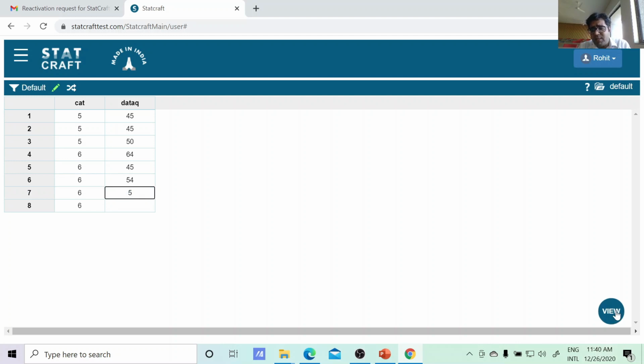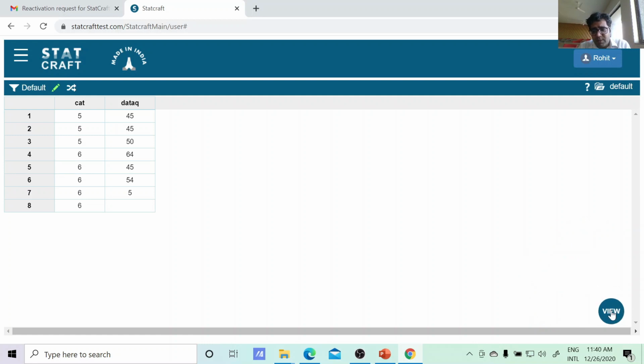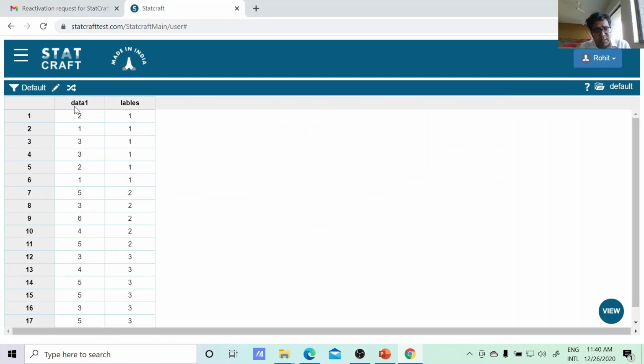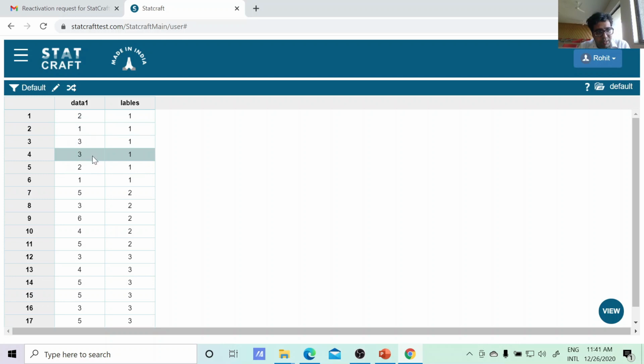So actually I had already worked on the sum which we are going to learn, and I had entered the data. We just need to go to table. It is an index form where every piece of work is seen. See the data I had written, this is our numerical data, and these are the categories, that is group 1, group 2 and group 3. In the sum you can see group 1 has 2, 1, 3, 3, 2, 1. The same thing I had written in Statcraft: 2, 1, 3, 3, 2, 1. They represent group 1. Same way this represents group 2 and another represents group 3.